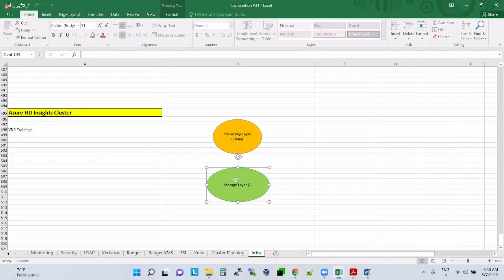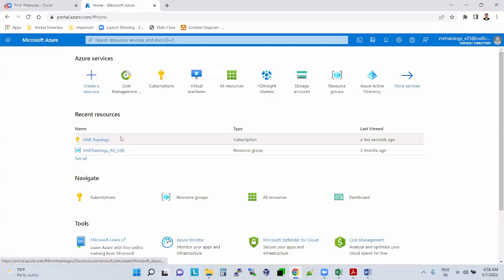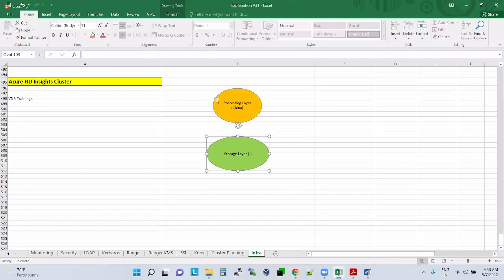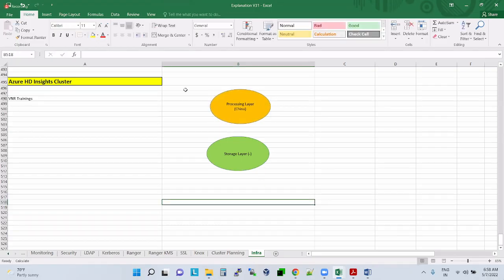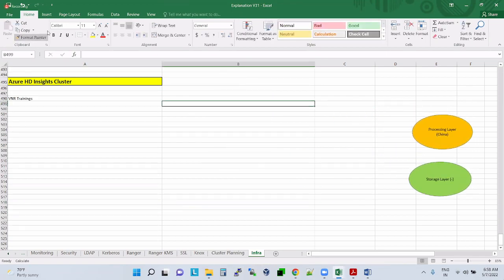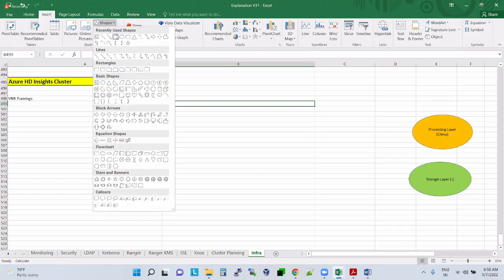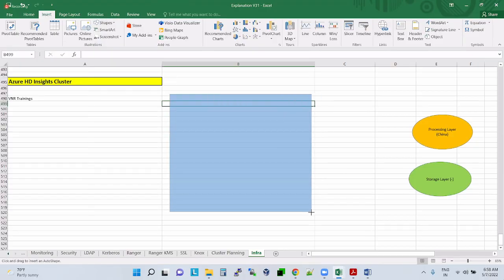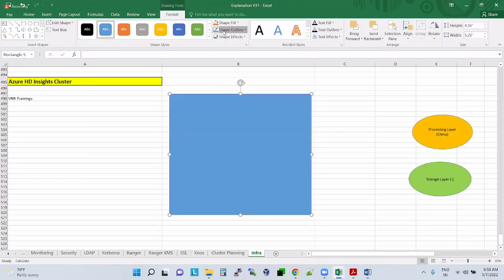First, I will create a storage layer. I may create multiple storage groups also, right? Yes or no? That is the reason. First we need to create a resource group. When I say resource group, it is a placeholder where you will have all resources in one place.